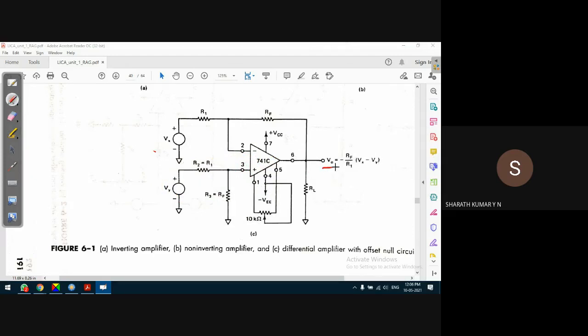Here we go. Output voltage. The gain should be the gain of an inverting amplifier, not a non-inverting amplifier: minus RF by R1. The output voltage is the difference of these two voltages, Vx minus Vy, and hence it is a negative differential amplifier. Negative in the sense that the output voltage is the negative of the input voltages. Very simple. So this is the DC amplifier condition. This is what is explained here.